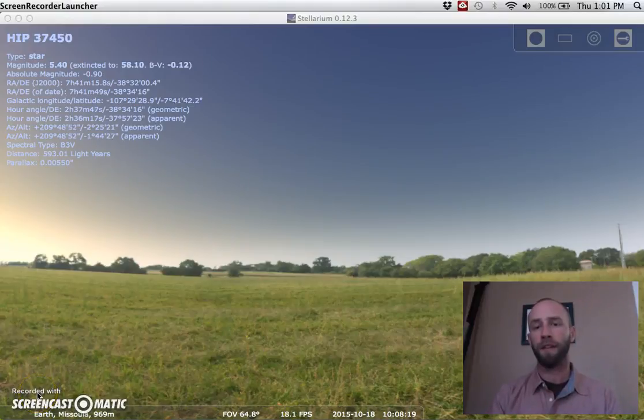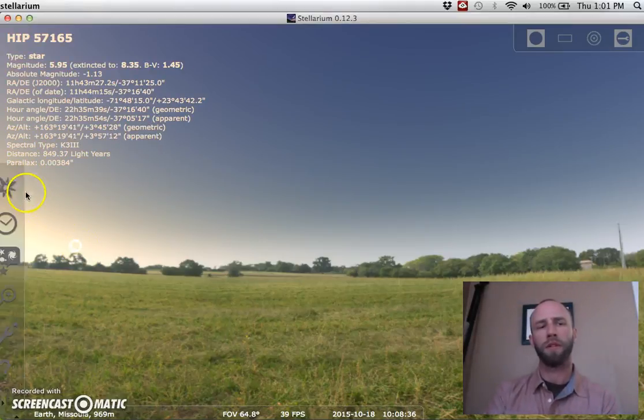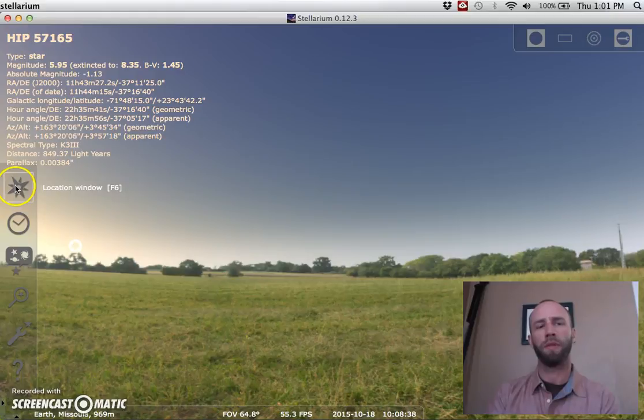Hey there. So we're starting our project on the phases of the moon, and today we're going to use a computer program called Stellarium to get a better idea of how the phases of the moon change. So I'm just going to give you a little walkthrough of some of the basic features of Stellarium so you can get started. So the first thing we're going to want to do is go over to this location window